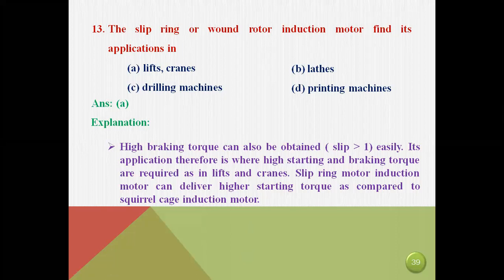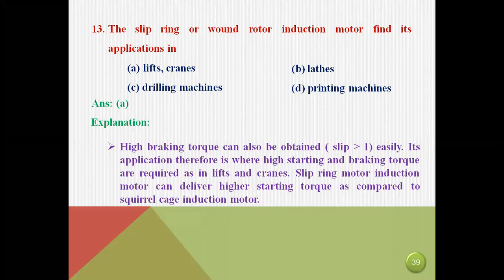Like we have seen equations for the synchronous speed. Synchronous speed we are denoting by capital N suffix S, and we can calculate mathematically synchronous speed as 120 F upon P. F is nothing but the frequency of the induction motor and P is the number of poles. Then we have seen how slip will be related with the synchronous speed and the rotor speed. Rotor speed we are denoting by capital N. So we can calculate S equal to Ns minus N upon Ns.